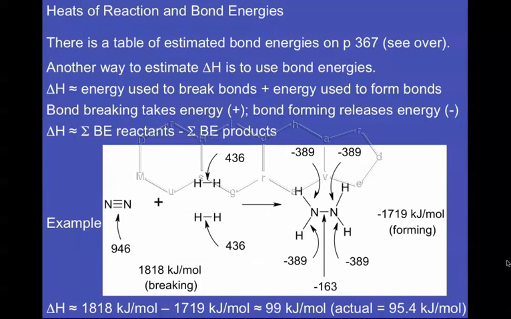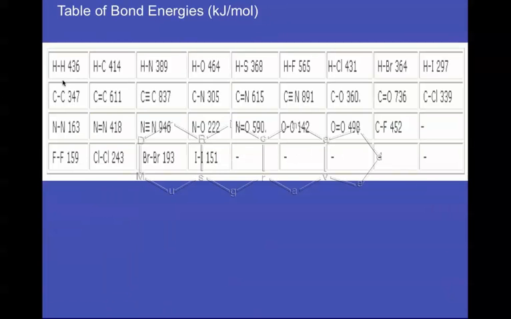Another way of getting enthalpy is to use average bond energies. Now this will provide us with an estimate of delta H. And the reason for that is because we're using average bond energies here to make the calculation. And these energies are in kilojoules per mole, and they represent the average energy it takes to break a bond